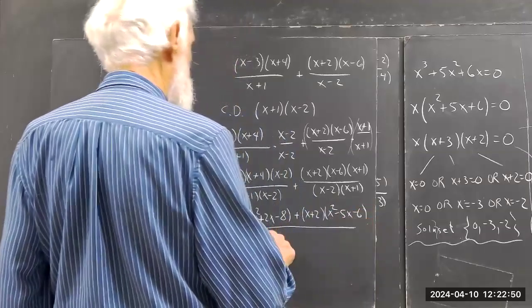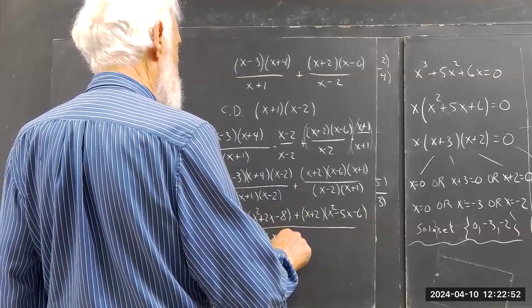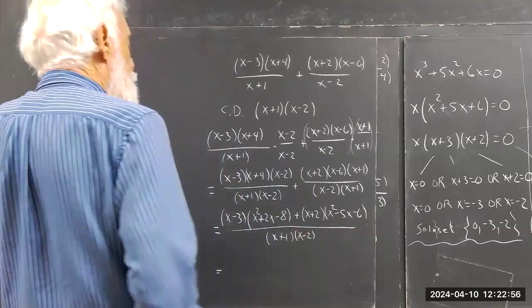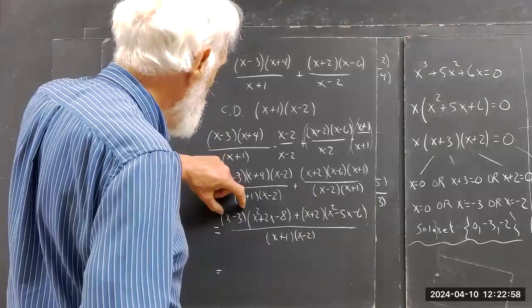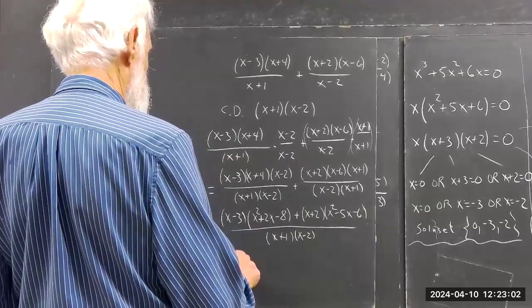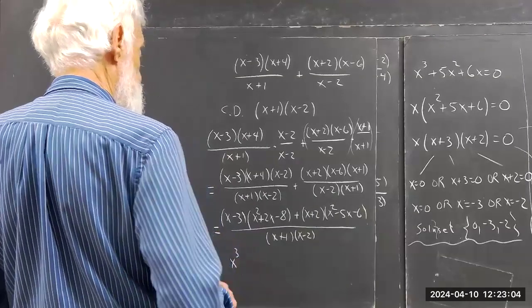And all that is going to be over a common denominator. Now we have to use the distributive law to multiply this out. And I'm probably going to mess it up, so work it out yourself,